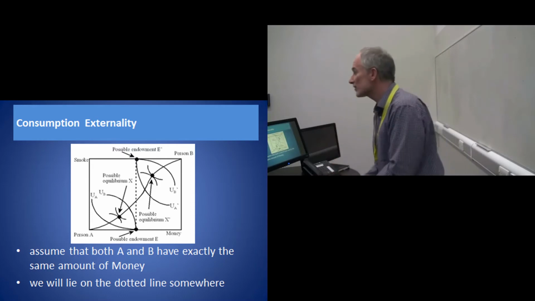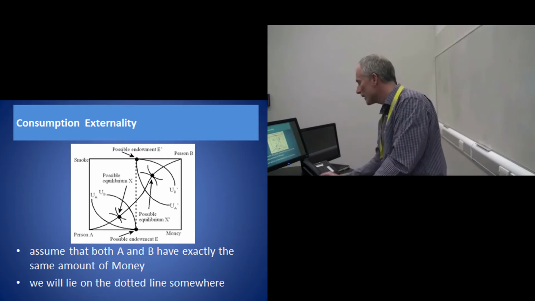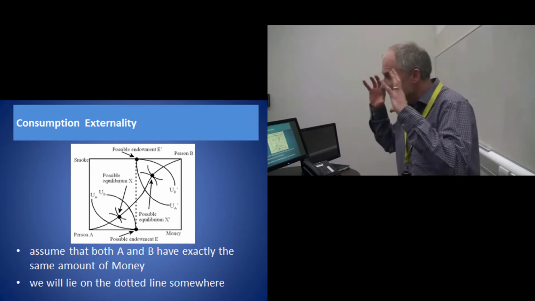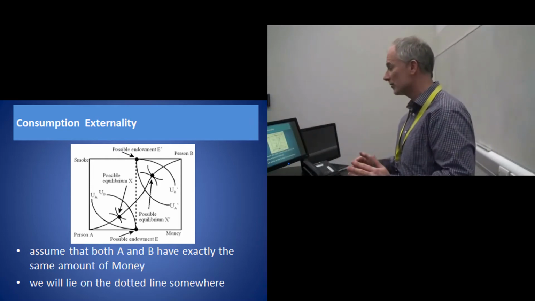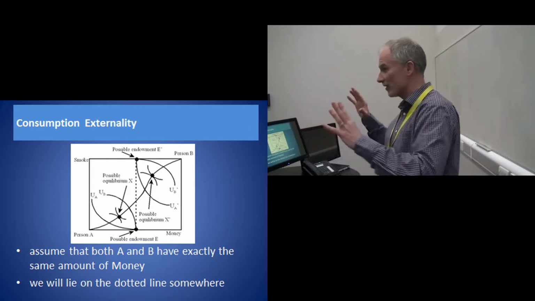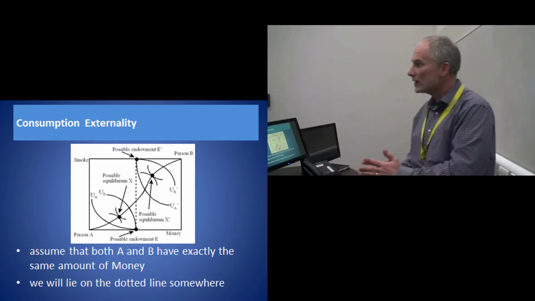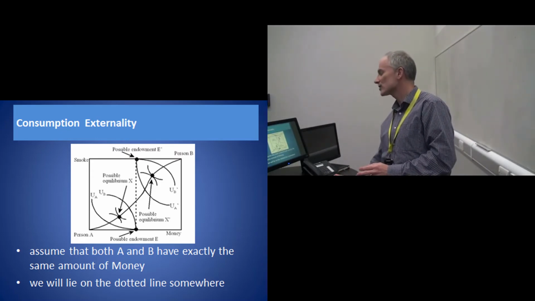So, if they have an endowment of money, each, that is exactly the same, we're going to be somewhere in the middle of the Edgeworth box. However far we're away from person A's origin is exactly the same distance as we are away from person B's origin. So, that would mean if they've got the same amount of money, and this is purely just to get us started, it makes no difference whatsoever. But if person A and person B have the exact same amount of money, we know that the endowment point will lie somewhere along that dotted line.